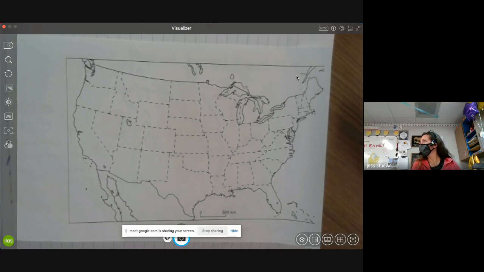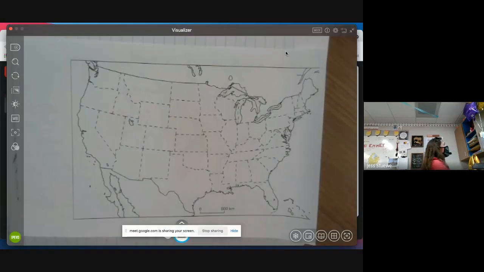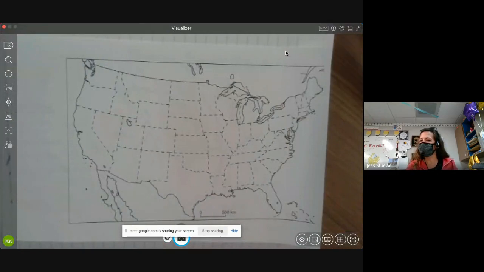Quick like a bunny. Ted. No, kidding. Axel's coming to the board. Axel's going to find the Appalachian Mountains. And he's taken the mouse and he's making my screen smaller. Oops. Axel, I don't know how you did that. That's magic. All right. And he's pointing over here on the East Coast. Not on the coast, but just a little inland from the East Coast, the Appalachian Mountains. He's correct. Good. Okay. Let's do two more.